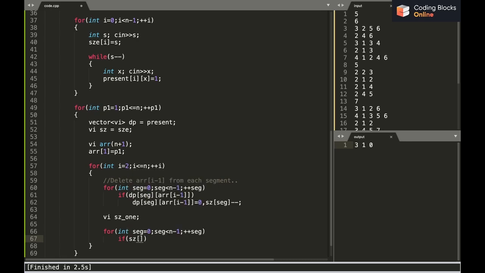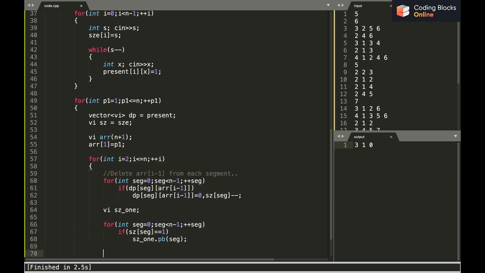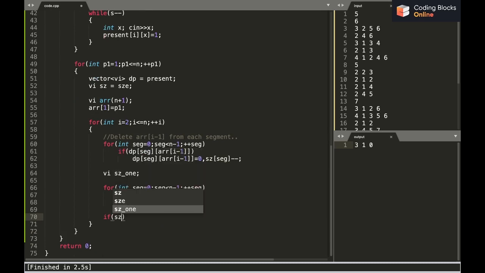If sz of seg equals 1, I'll say sz1.pushback(seg). Now at this point, if sz1.size is not equal to 1, it means that there is either no segment with size 1 or there are more than one segments with size equal to 1.